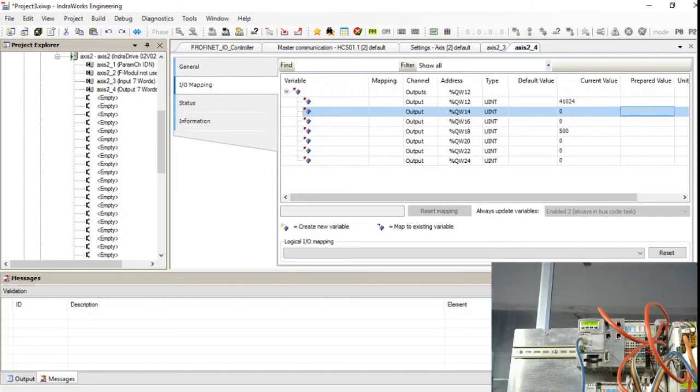Now you can see the drive will start rotating.